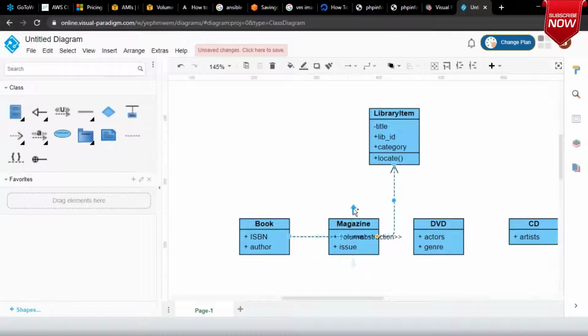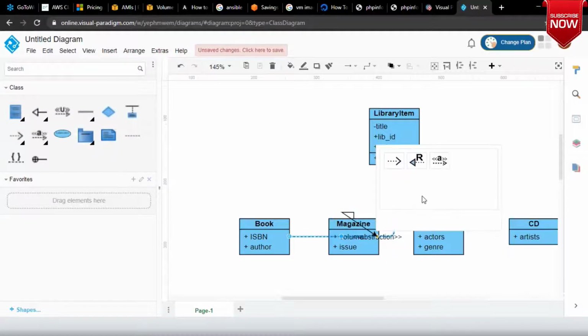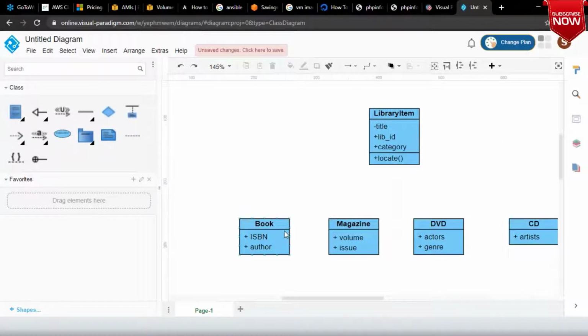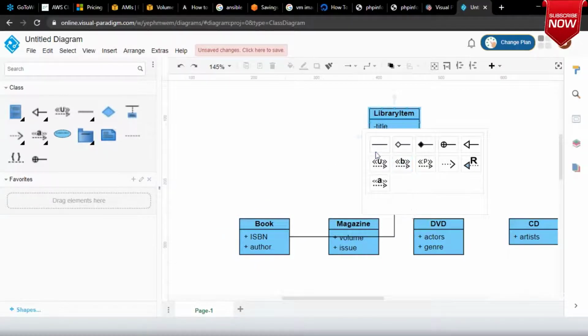Sorry, I think I messed it up. This is association. This is aggregation. We are not doing composition. We are not doing containment. We are basically doing generalization.